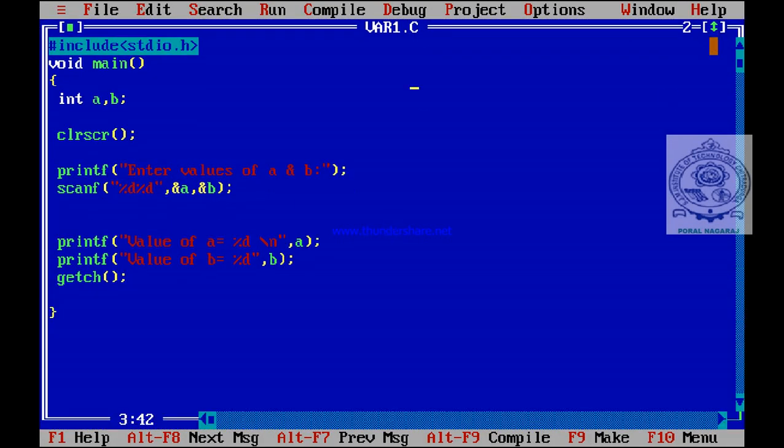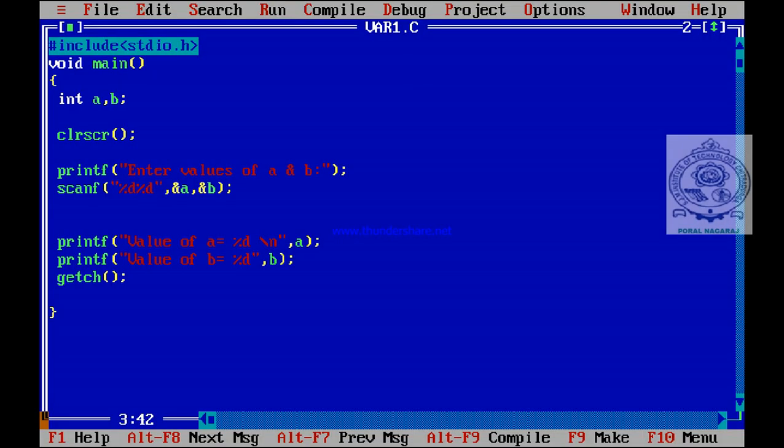I have already told you that if you use the scanf statement, every time you can give different values for A and B, unlike A assigned a value 30, B assigned a value 50, where if you execute your program 100 times your output will be the same, value of A is equal to 30, value of B is equal to 50. But here every time you can change the values of A and B. See here, I am going to run. Now I am going to give values of A and B. I will give 100 for A, 200 for B. Now see the output, value of A is equal to 100, value of B is equal to 200. It is not 30, 50, something like that.